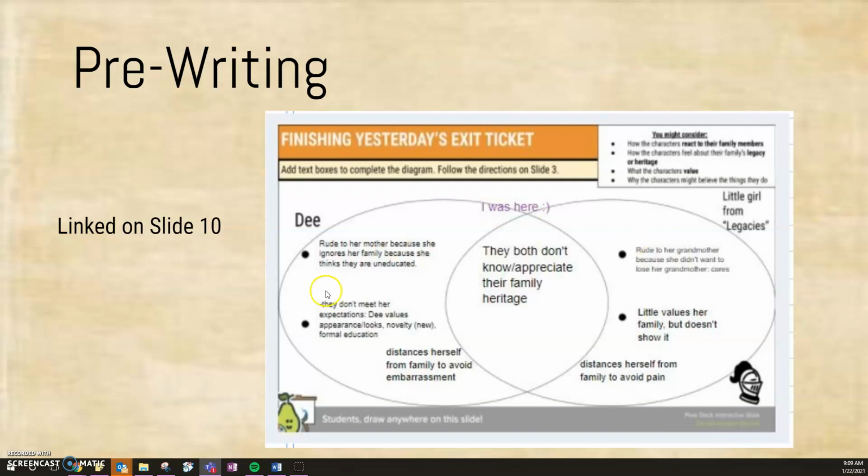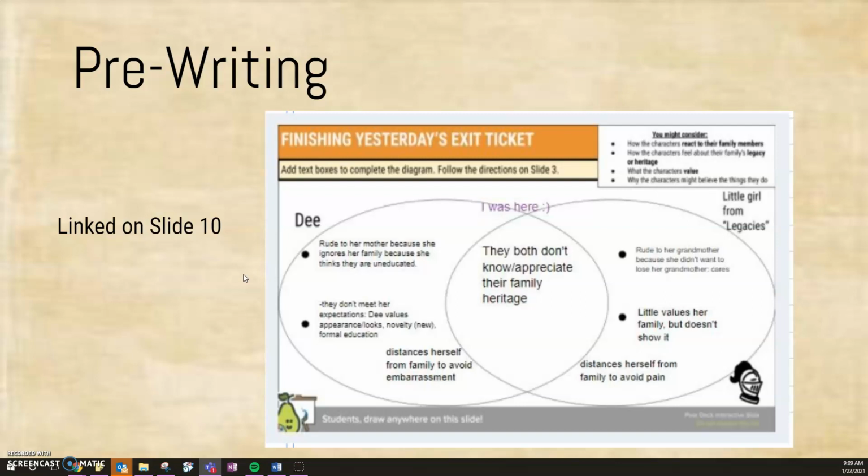Dee is different from the little girl because she is rude to her mother because she ignores her family and thinks they are uneducated. They don't meet her expectations. Dee values appearance, looks, novelty, or new things, and formal education, and she distances herself from her family to avoid